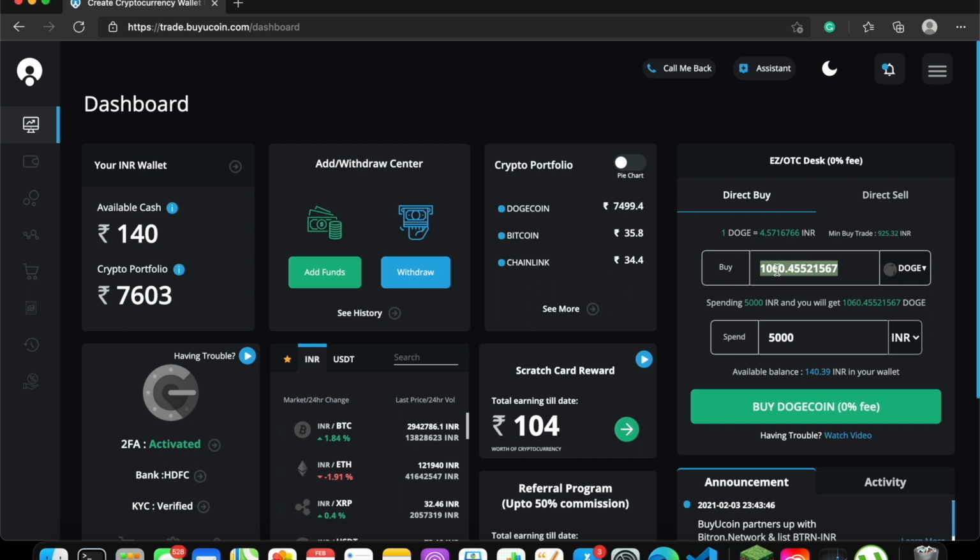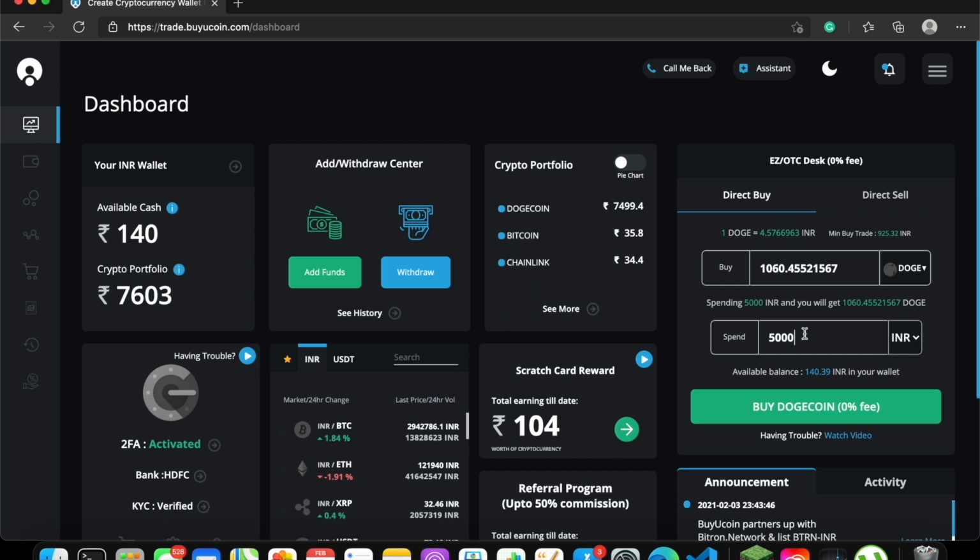Okay, that is for now. Probably in future when the value of Dogecoin increases, that withdrawal charge will be reduced. Actually, that is not the withdrawal charge of the site, that's the network charge. Which means that when the value of your coins is higher, that fee will be reduced.